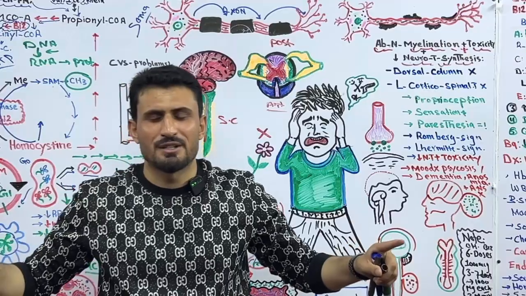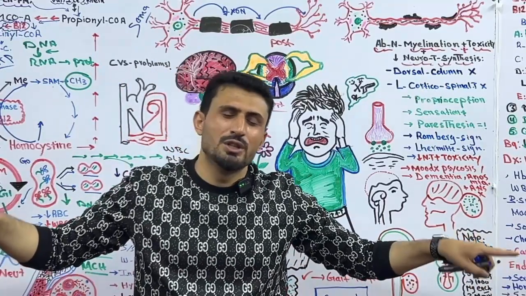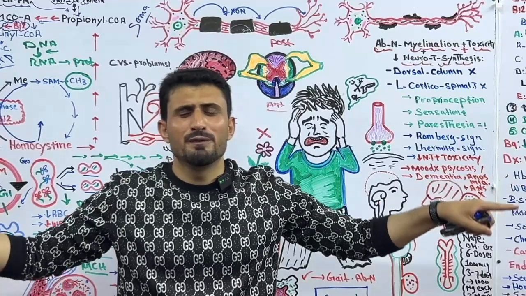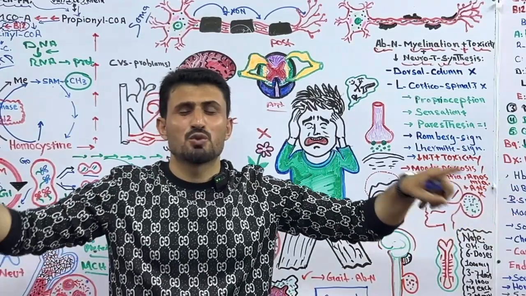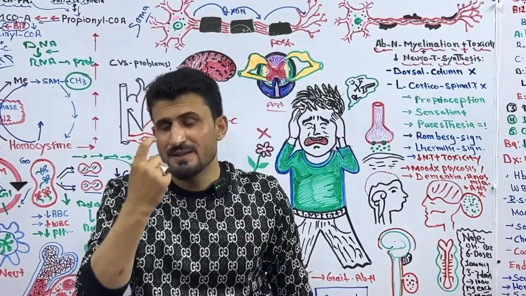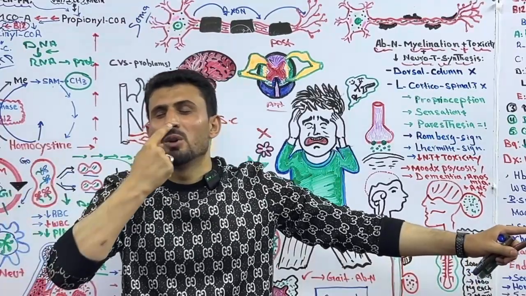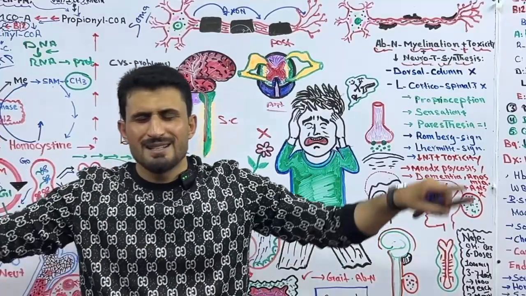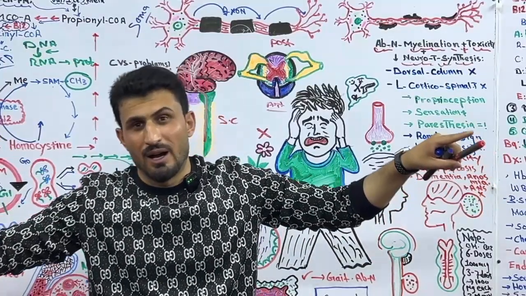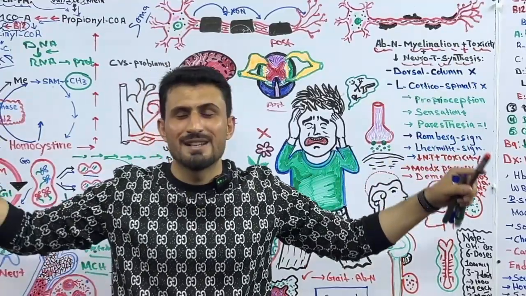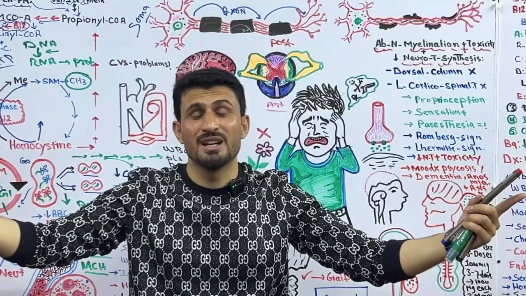Proprioception means that, for example, when you close your eyes, you will feel your arms, you will feel your limbs in 3D space. For example, when I close my eyes, I can touch my nose easily because I know where my right hand is. So this balance of your limbs in 3D space, knowing where your limbs are in 3D space,